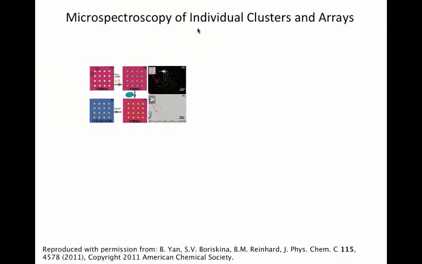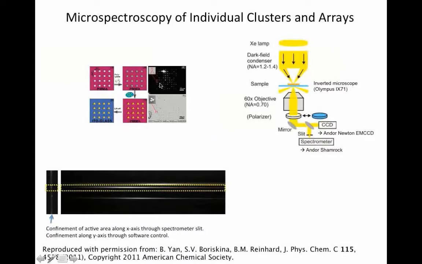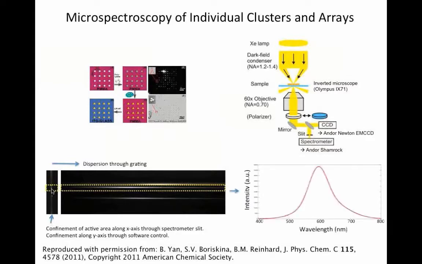The experimental setup for the optical characterization is the same as the one outlined before. So it's basically a conventional dark field geometry. And the idea is that you now place this individual object, so this individual cluster, in the center of the slit of your entrance of the spectrometer. So this individual dot here, for example, could correspond to an individual cluster. Then you disperse the light through the grating,